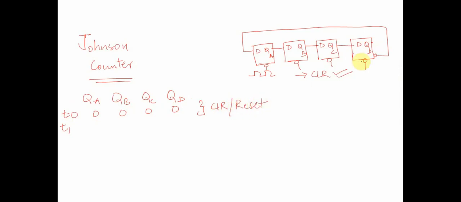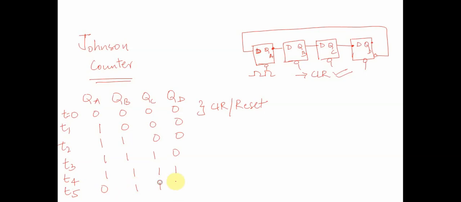Now at time t equal to t1, this particular D was 0, and Q bar came as 1. At the next clock edge, QA will appear as 1. At the next clock, T2, this is also 0, so 1 came over here, so it will become 1 1 0 0. At time T3, it will have 1 1 1 0. At time T4, we will get all ones. Now 1 is here, so the output of Q bar will be 0, so 0 is present over here, and at the next clock edge, that is T5, 0 will come back,